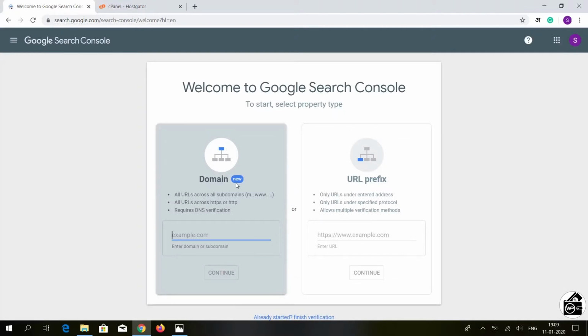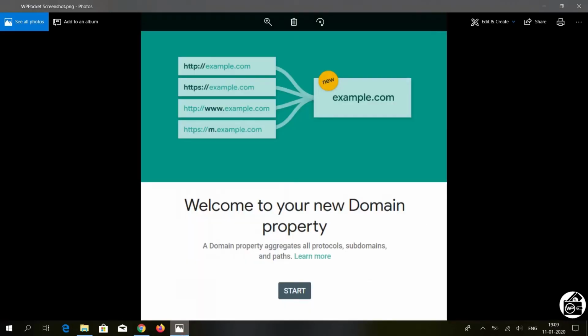After that, you will get two options, domains and URL prefix. URL prefix is an old way to verify URLs and gives you multiple verification options. After a recent update, Google added the domain option. This option is the best option to add your domain, but this method supports only DNS verification. You can check this image to understand the difference between both the options.